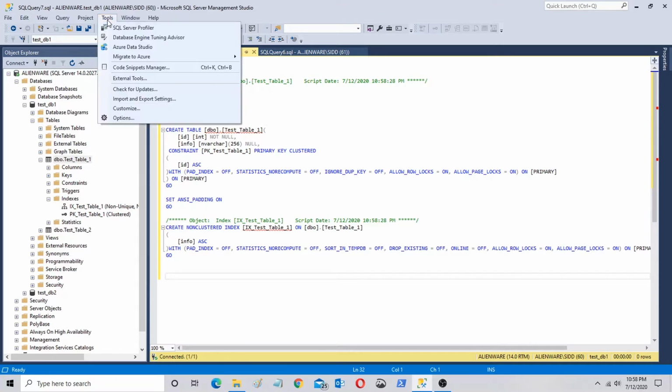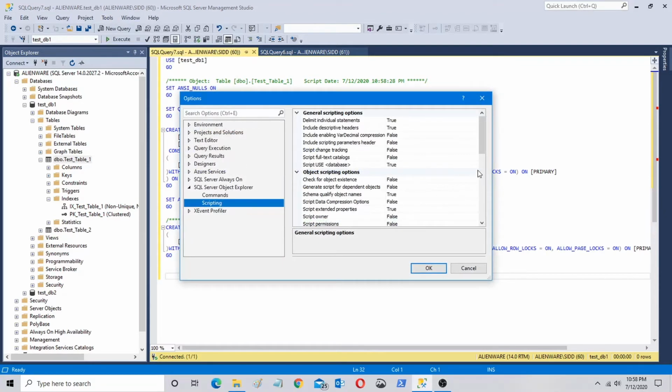Similarly, you can set all the options which you need. In case you are generating a script for any table, whatever objects should be included, you can set true as per that. For example, here as you can see, the check constraints and default constraints are by default included, whereas triggers is set as false. So if you have a trigger defined on your table, you can set it as true, and from next time onward, whenever you script it out, your dependent triggers will also get included in your script, right?